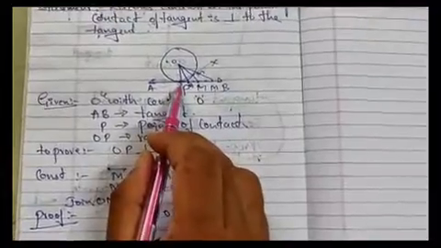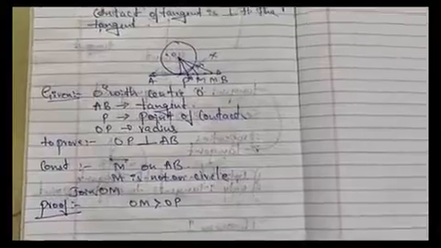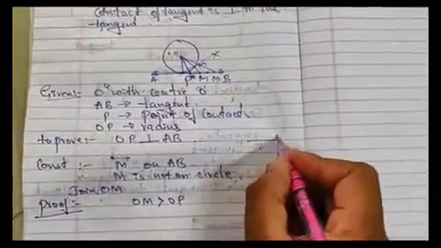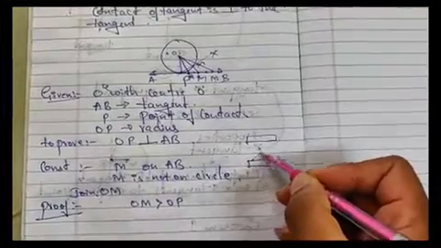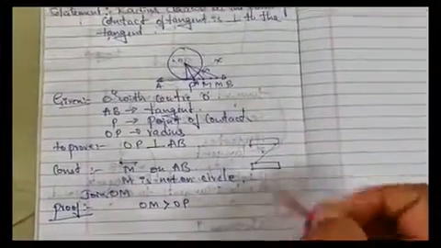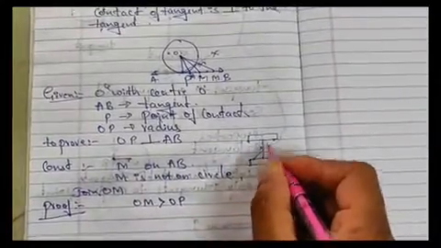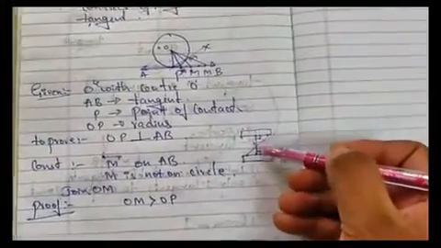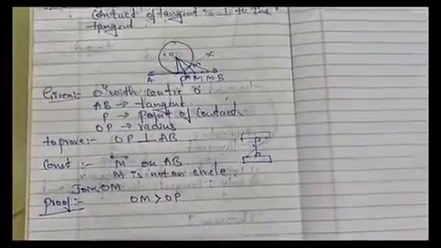This means P is the shortest distance to the center of the circle. So how to draw the shortest distance? If this is the ceiling of a building and this is the floor, and I want to measure the distance between these two, will I hold the tape with one end here and another end here? No, this will not give us the exact measurement. So I have to hold the tape perpendicular to the floor as well as the ceiling. It means it is the shortest distance. So the shortest distance will always be perpendicular.